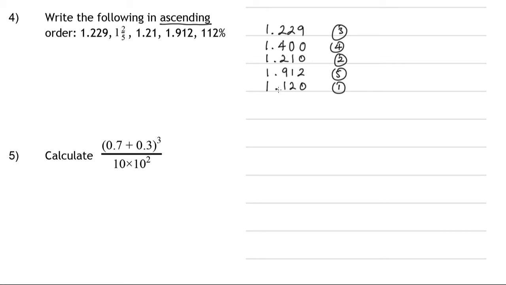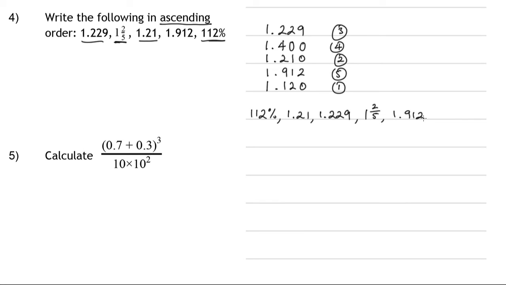So we started with this value here, 1.12, which actually came from 112%. So we need to use those values. So 112% is the first one. The second one is 1.21. The third value, 1.229. That's that one done. And then we have 1.4. Now 1.4 came from 1 2/5. So 1 2/5. And the last one is